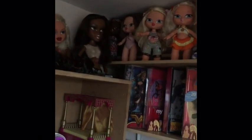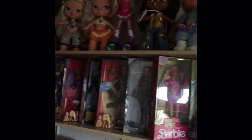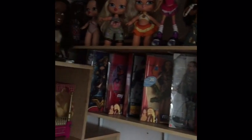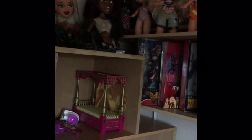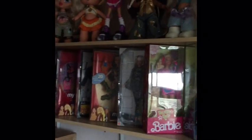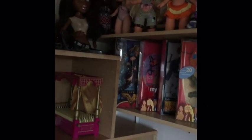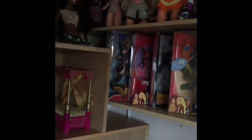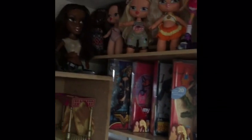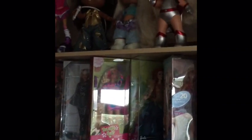I've also had a big clear out of my big babies, and these are the ones that I'm keeping. The others I've popped on eBay because I just haven't got the space for them, and I don't feel that they're getting the attention that they deserve, really. And I do like to keep my dolls all cleaned and in good condition, and I don't feel that I'm able to do that because I've got so many. So I have popped some of my big babies on eBay along with some of my other dolls,